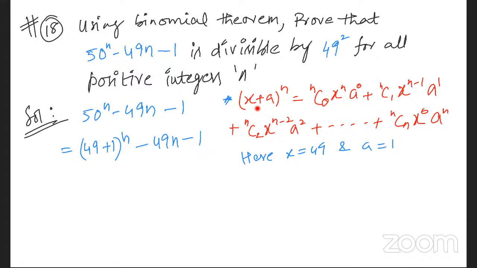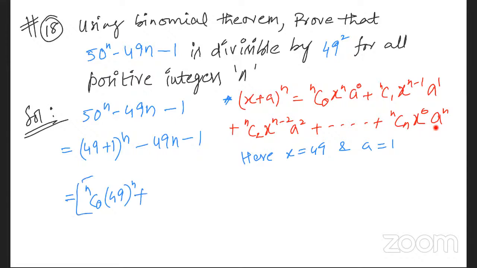We shall expand this one, which is equals to nC0 (49)^n into 1 to the power of 0. So all these will become 1 because a is 1. 1 raised to anything is 1. nC0 (49)^n